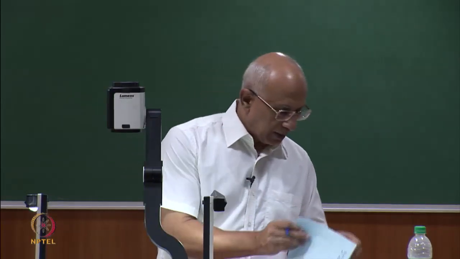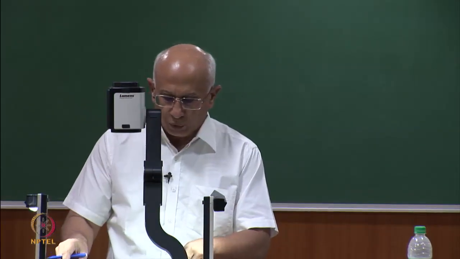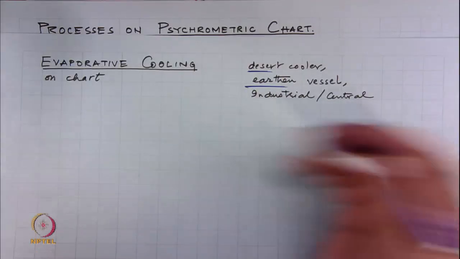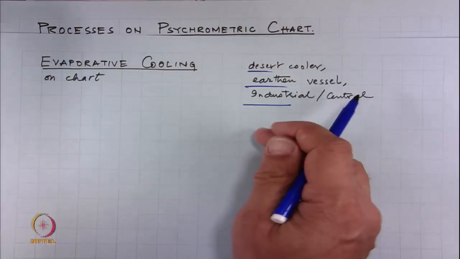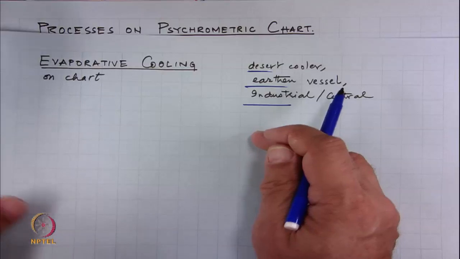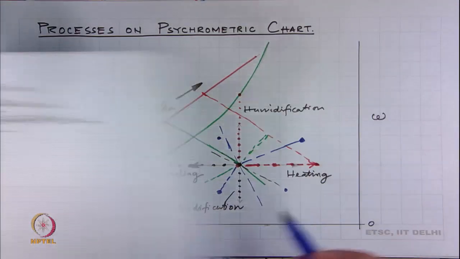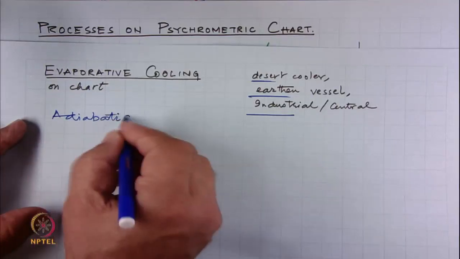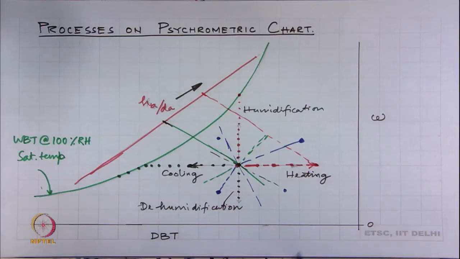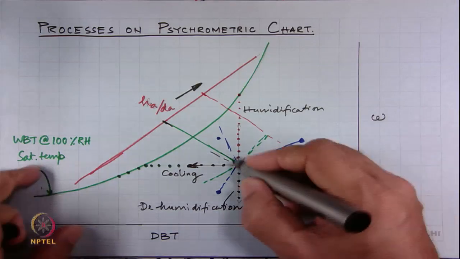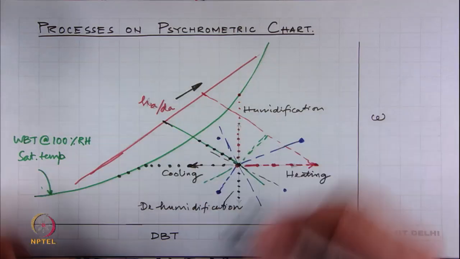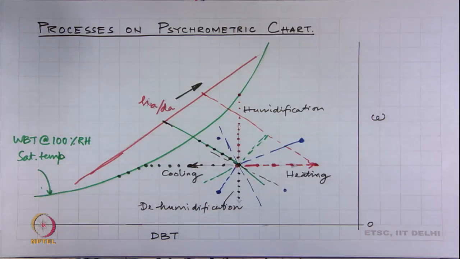Then one more process we will look at, which is evaporative cooling. As we have seen, what happens in a desert cooler or in an earthen pot, and in many industrial cases where you spray water into the air before taking the air in, what we are doing here is, because it is adiabatic, something akin to the adiabatic saturator that we have already studied, the processes that this particular system will follow, they will lie on the constant enthalpy line, which is here, and so this is what will be the states which the evaporative cooling process will take.